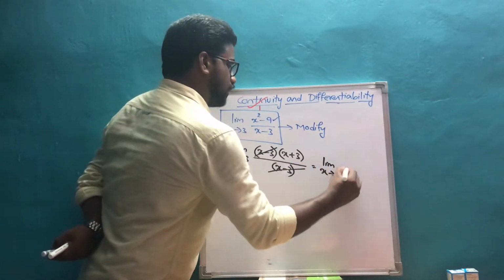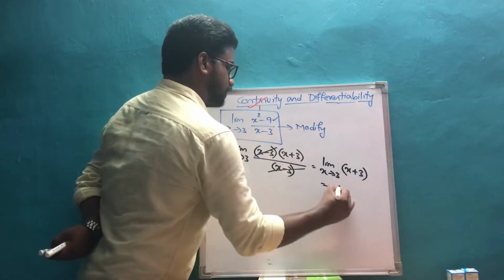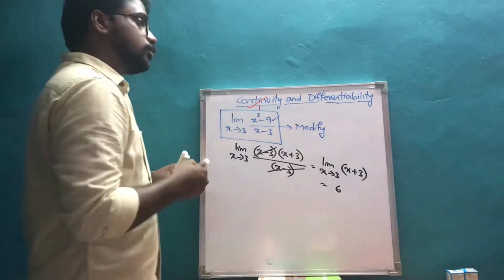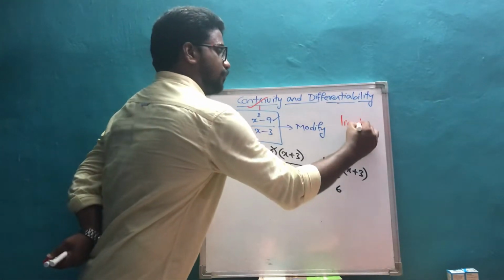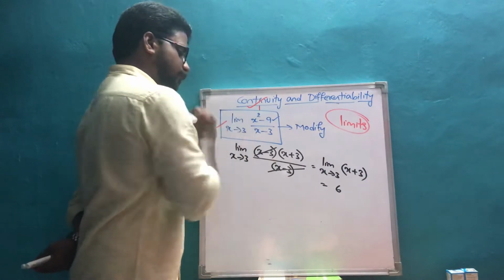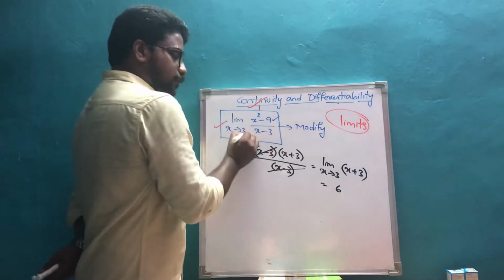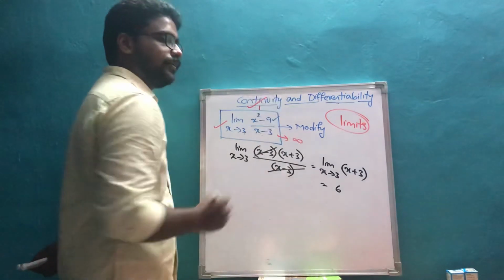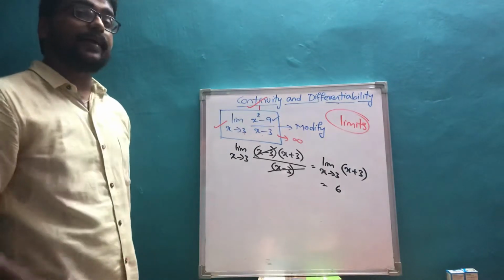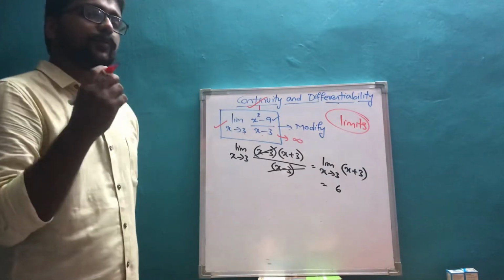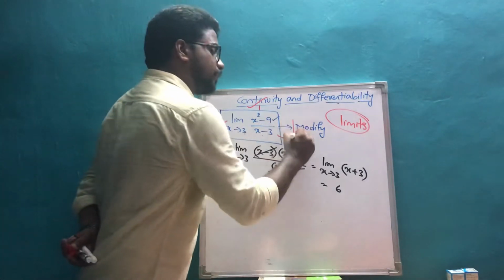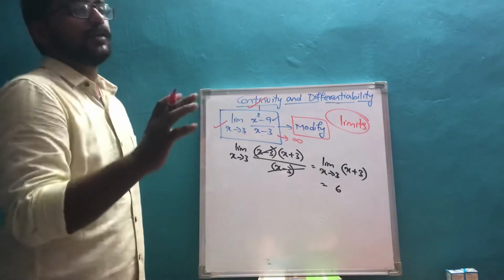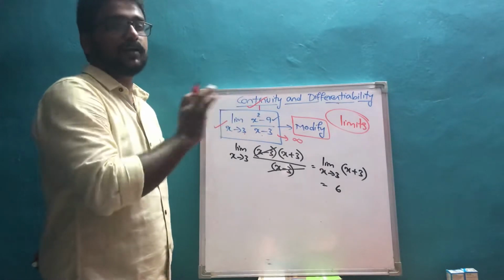Limit x tends to 3, x plus 3, you are getting 6 here. Now you can just observe one point here. The reason for us to go for the limits concept is, if you observe this particular function f of x and substitute the value of x as 3, you will get an undefined answer. That means you are unable to predict the answer. So limits will help you predict the answer by modifying the function using related algebraic identities or trigonometric formulations, whatever it may be, depending on the context.